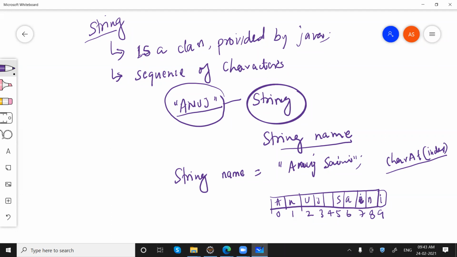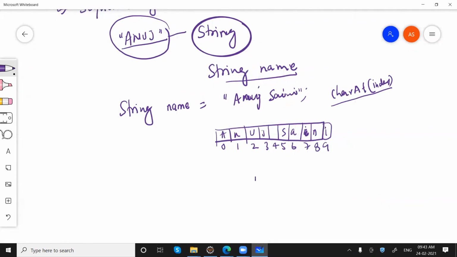It returns a character from that particular specified index. So for example, if I say name.charAt(1), it will give us n. If I say name.charAt(-1), yesterday for an array we were getting an index out of bounds exception.